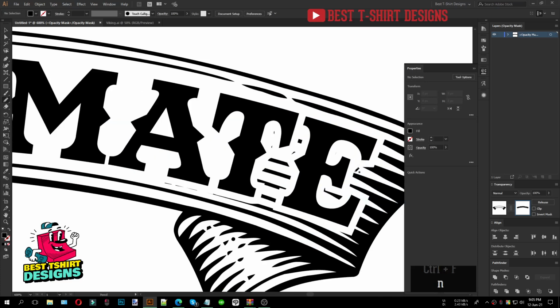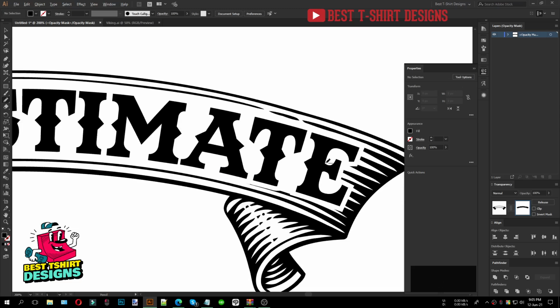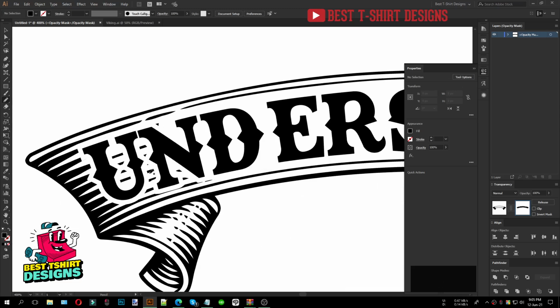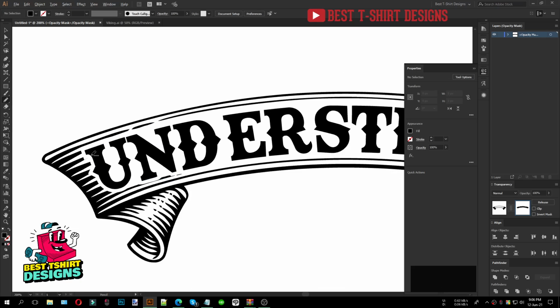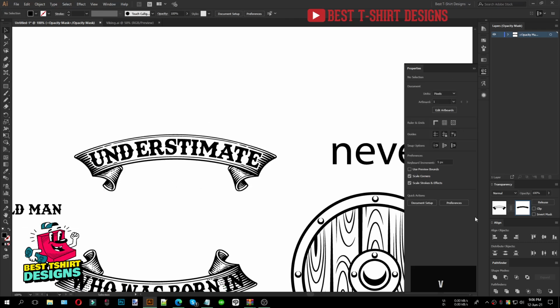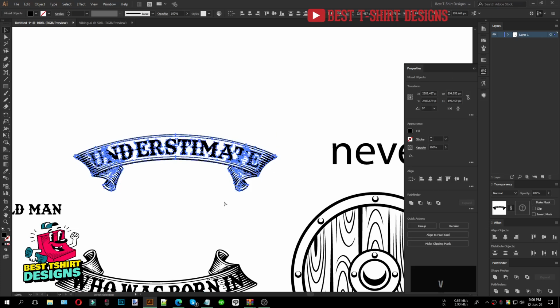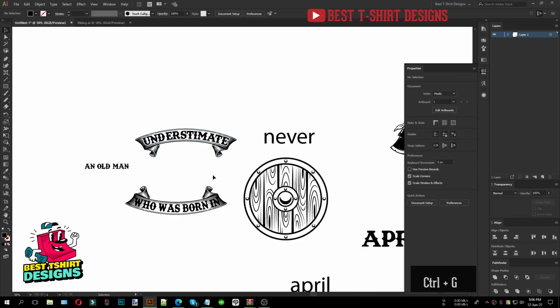I have to take my pencil tool so that I can simply draw some shapes from this area. This is not really important, but you can see this part can cause trouble reading the text, and I don't want that. My text is the important part here, not the ribbon. So I'll just hide that, and by that you can see that it is perfectly readable. And now I am going to make it a group. I don't want to lose their position.